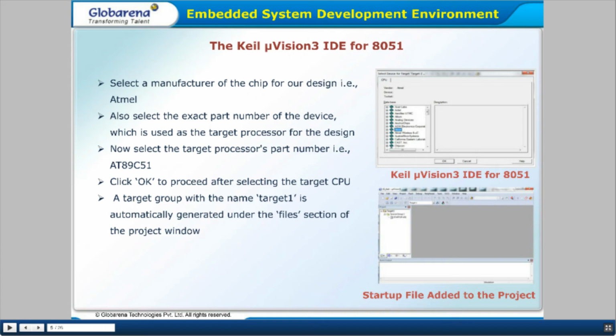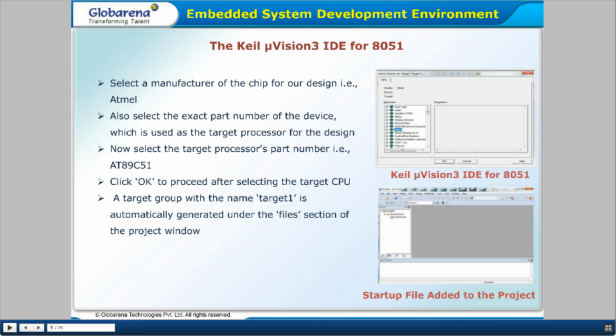After that, click on OK to proceed with the selected target CPU.